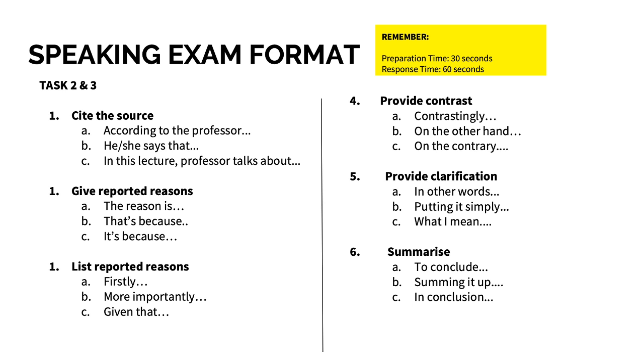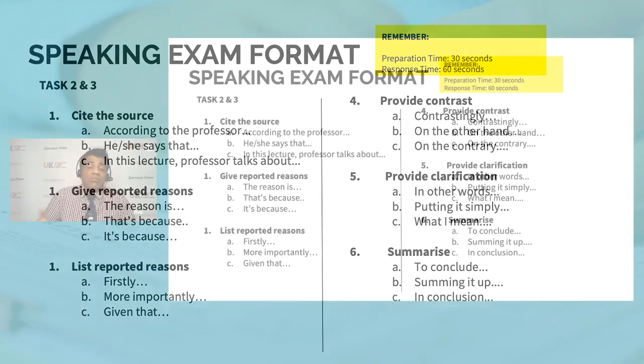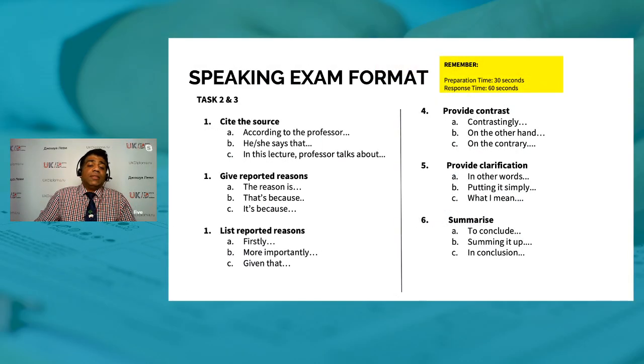Now, some of you may be thinking, how do I know whether I have to give an example? How do I know that I don't have to give the example on task 2, but I have to give an example on task 3? How do I know I don't have to give an agreement or a disagreement on task 2, but on task 3? If you read the question again, that will tell you exactly what you have to answer. It's not difficult, and they are quite explicit, and quite to the point, so you will understand that. So if you look at slide number 31,